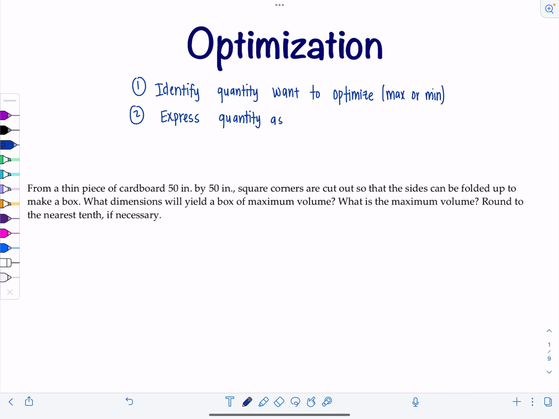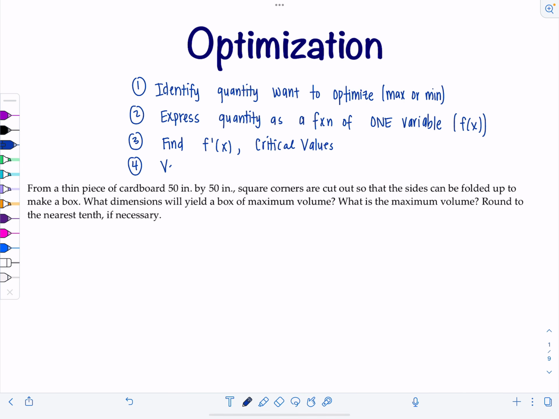as a function of one variable. Because you are in Calculus 1, we only work with functions of one variable. We'll talk about how to do that right now. And then the third thing is you find the derivative. I'll just say f prime, assuming we're finding f of x, but you could call it whatever you want. Find f prime of x, critical values,